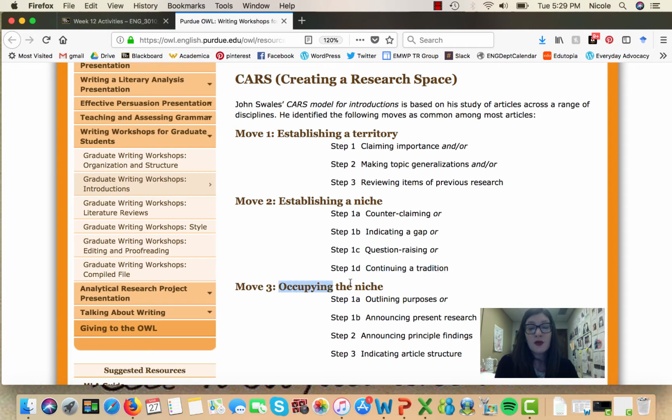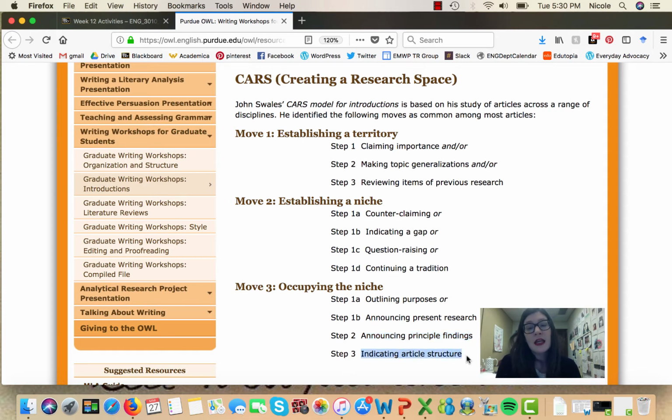And then the third move in your introduction is that you want to occupy that space that you just made, occupy the niche. You'll do this at the end of your introduction by outlining your purpose for the study or announcing the research, announcing your principal findings. This is something that we really won't do because this is a research proposal and you don't have any findings yet when you're just proposing.